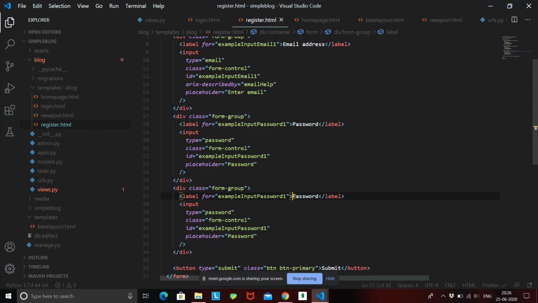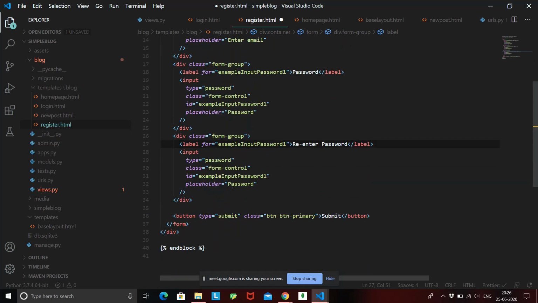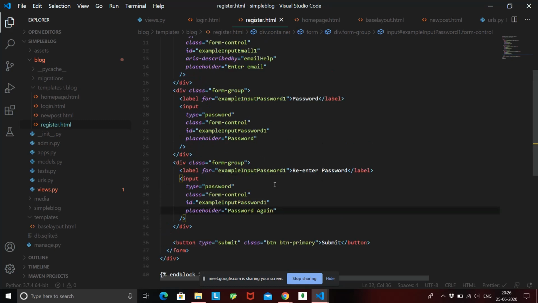And instead of saying password, I'll say re-enter password. Fine. So now we have the two password fields ready, that is password 1 and password 2.